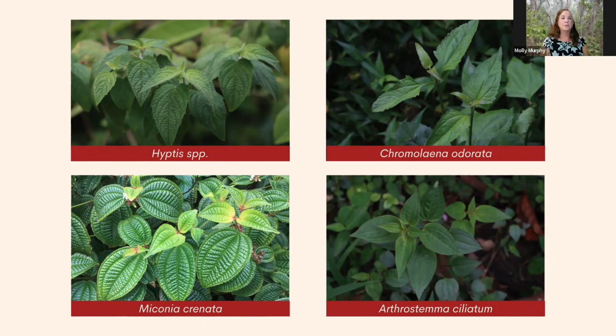So I think in 2020, we found out that Chromolaena odorata, which is a noxious weed, was present on Hawaii Island. And we cannot be everywhere. It's a big island. So we did a huge social media push and asked people, hey, is there something weird in your backyard that you don't know what it is? Please tell us.